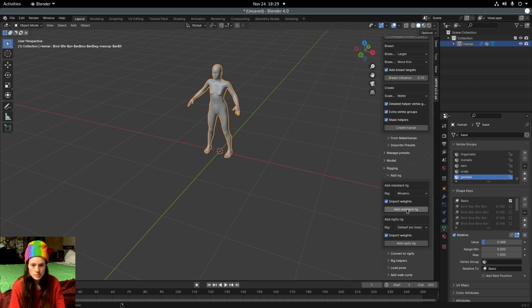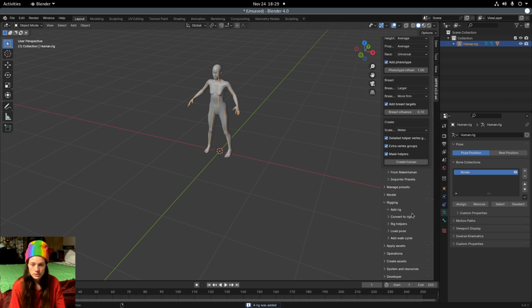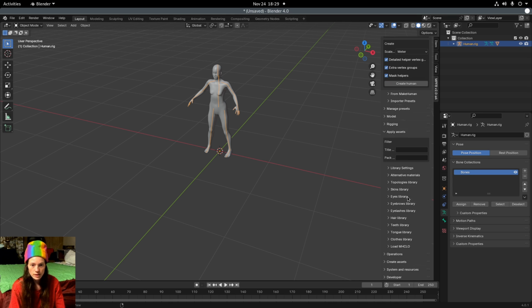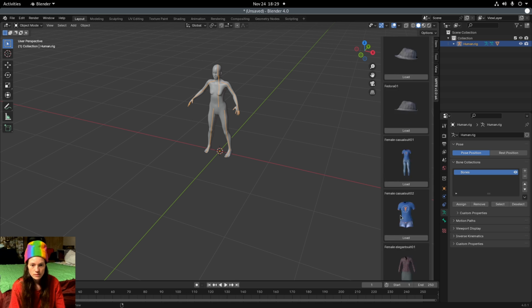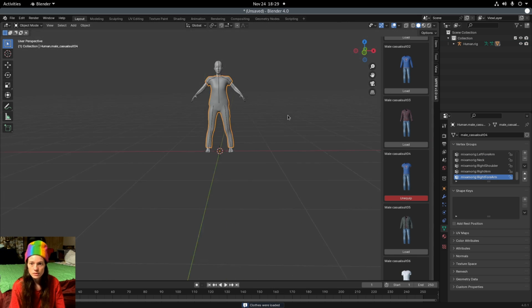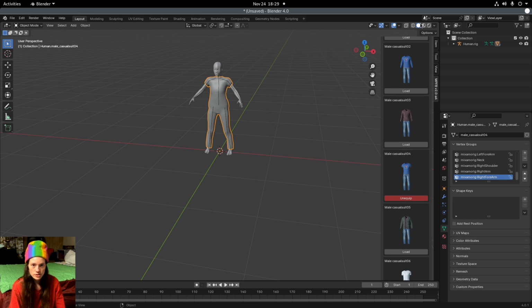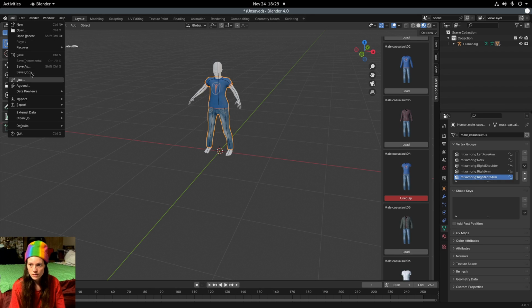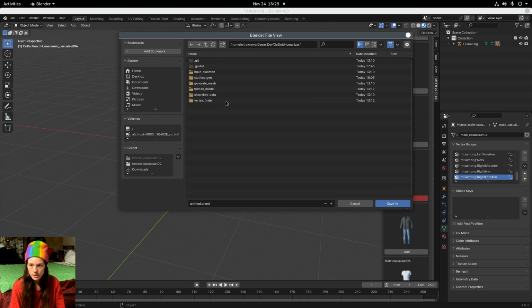I'm using the mhclo rig, add standard rig, and now you can apply the clothing assets. So I'll load the male casual suit 4. And if you want to actually see the texture, you have to change the viewport shading. And now I'll go ahead and save this in the